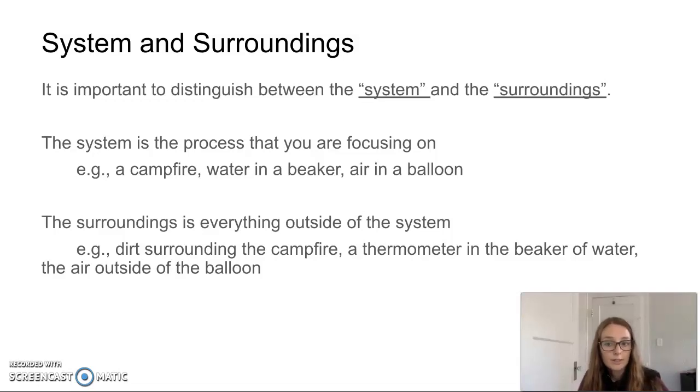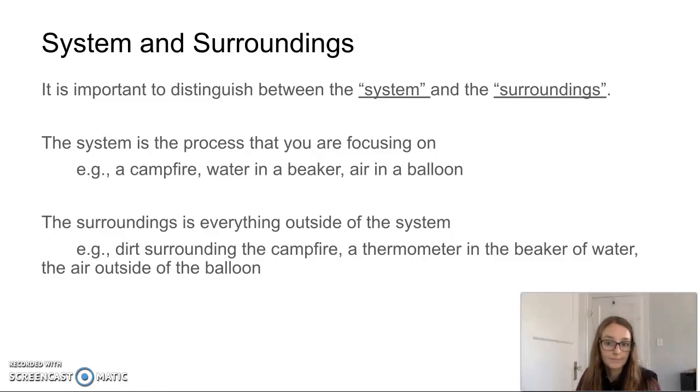So the system is the process that we are focusing on, and then the surrounding is everything outside of the system. So for example, if I was focusing my studying on a campfire, that would be the system. Then the surroundings would be the dirt surrounding the campfire. It could be someone, a person is in the surrounding,